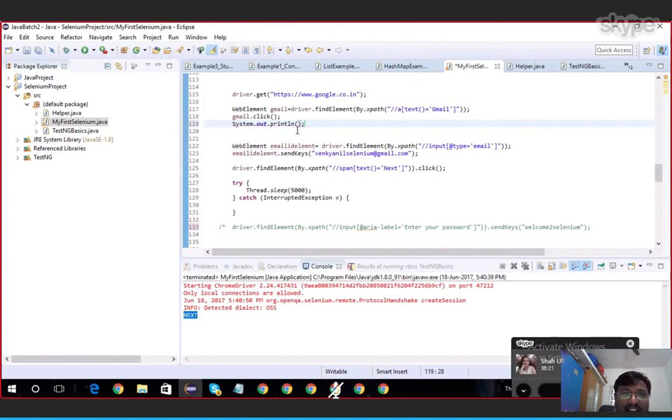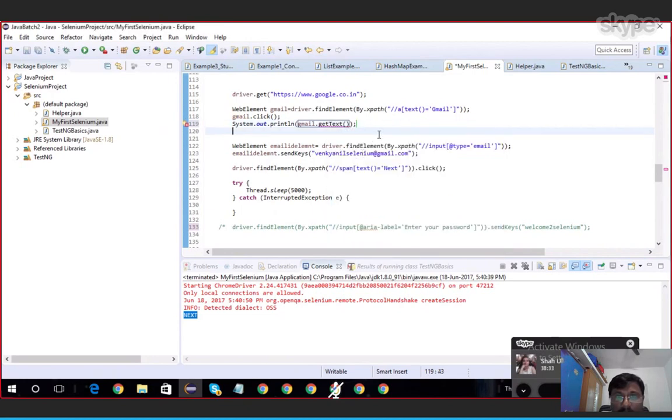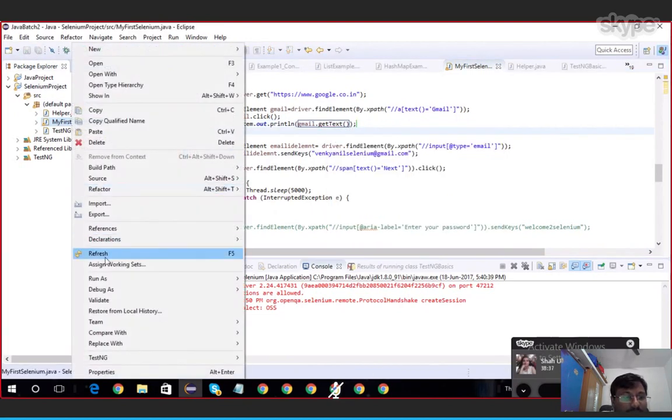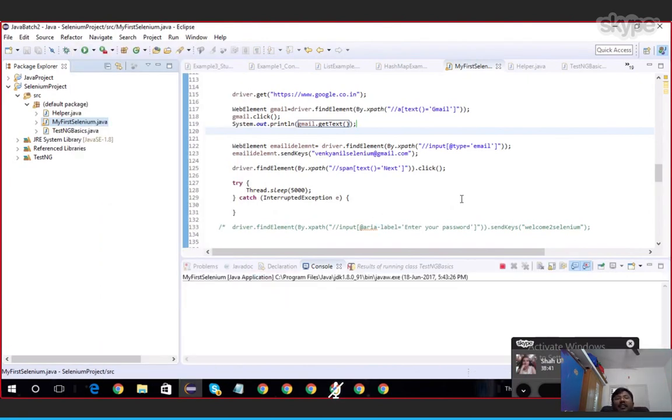Whatever is there in that only we will get, getText. Because in Gmail, whatever the next is there, that next is in capital letters there. That is the reason we got it in capital letters or uppercase.